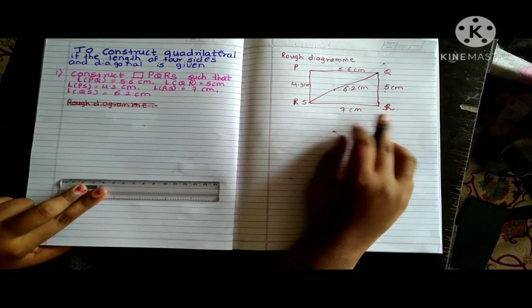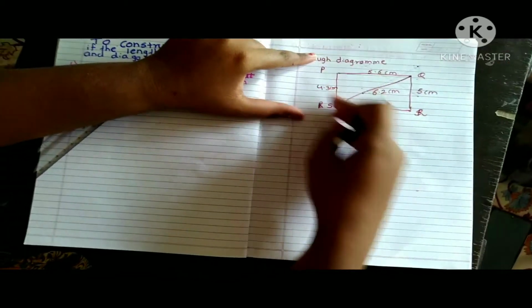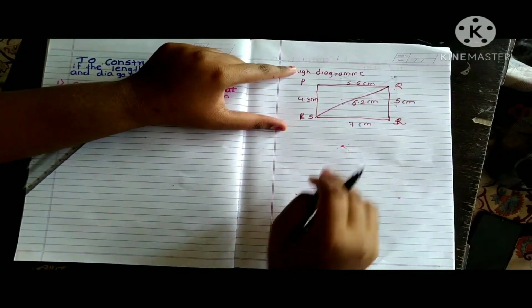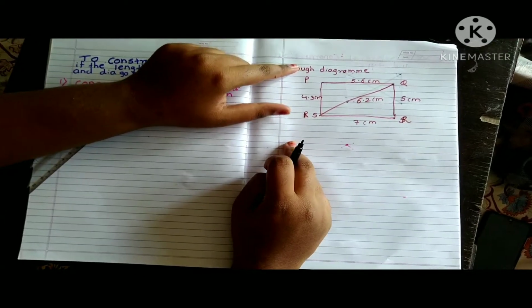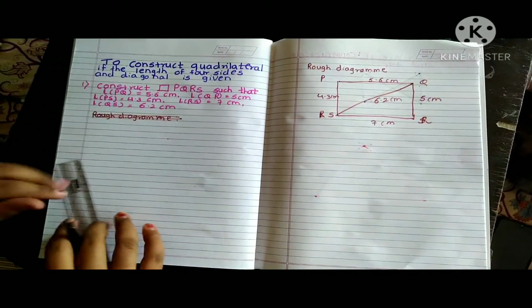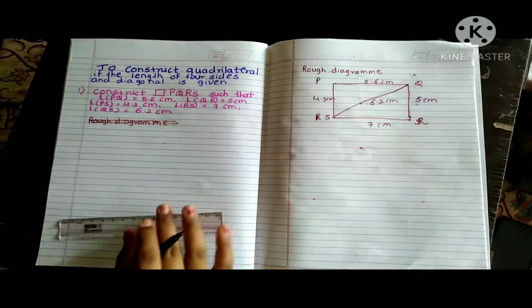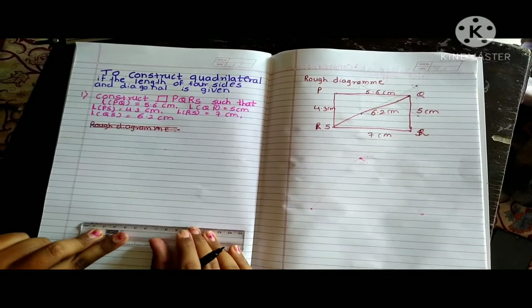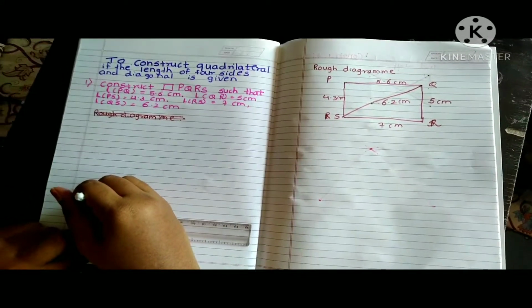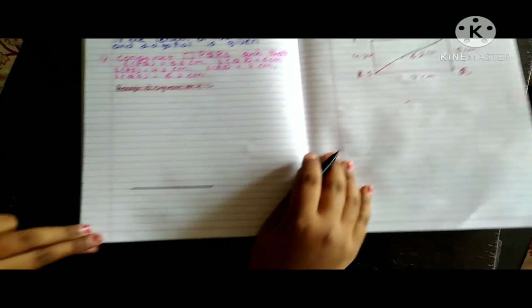First, I will draw the base. If you observe the figure, children, you will understand that in this quadrilateral you are able to see two triangles inside the quadrilateral. So we can do the construction of the quadrilateral by joining the two triangles. So let's see how to do it. First I will draw the base for the quadrilateral, that is 7 centimeters. So this is our base